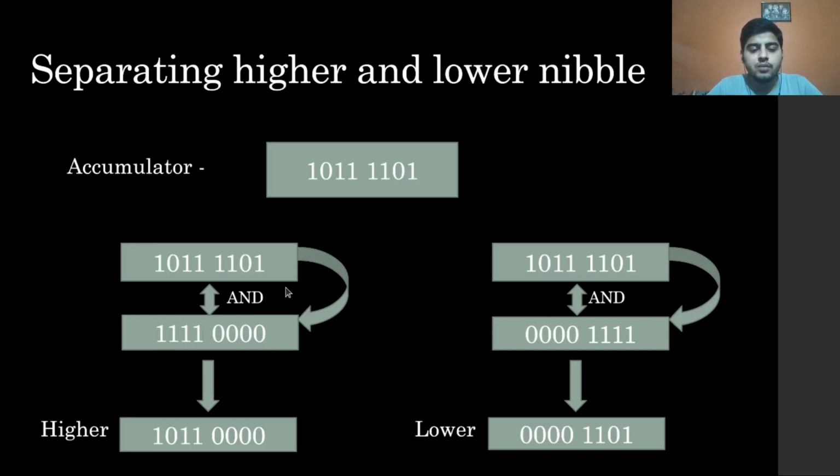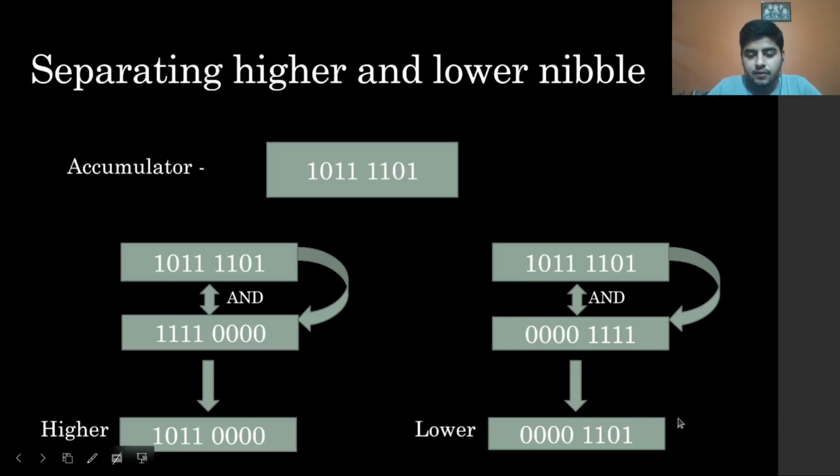So when we perform the AND operation, we get our higher nibble like this. And in order to get the lower nibble, we perform the same operation but with a different number, in which the last bits are 1 and the higher nibble contains all zeros. So when we perform the operation, we get our lower nibble.